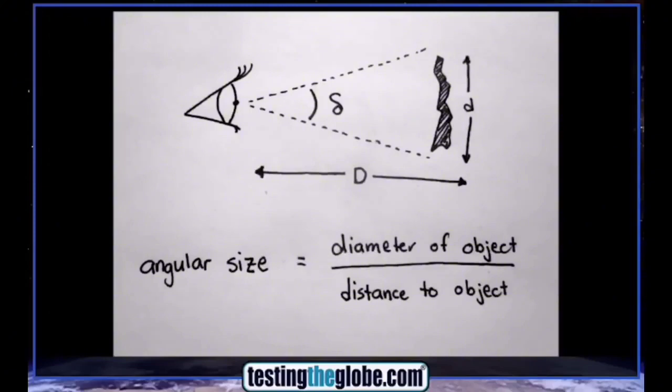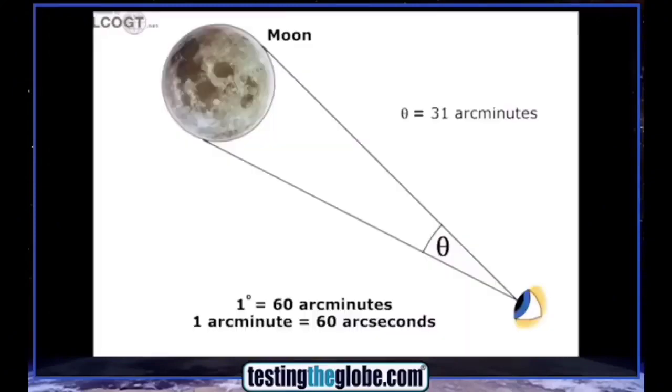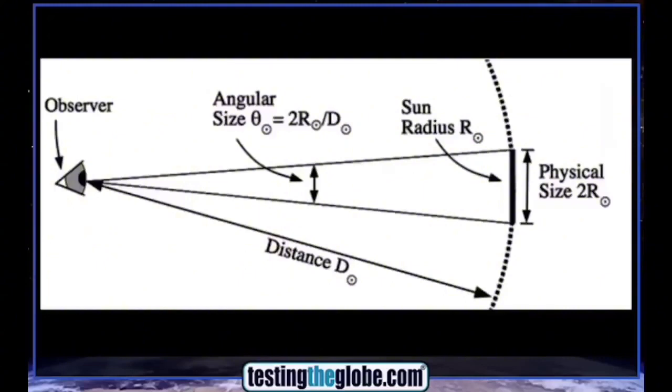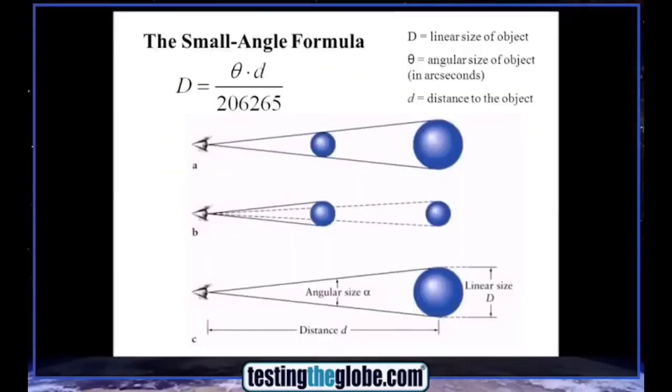For example, this involves looking at the sky and determining that the sun and moon have an angular diameter of about 31 or 32 arc minutes, which equals a half of a degree. So this is the angle created in our eye or in a telescope, which means that the sun and the moon can be around 31 miles in diameter and 3,500 miles up, or, as the authorities claim, the moon can be